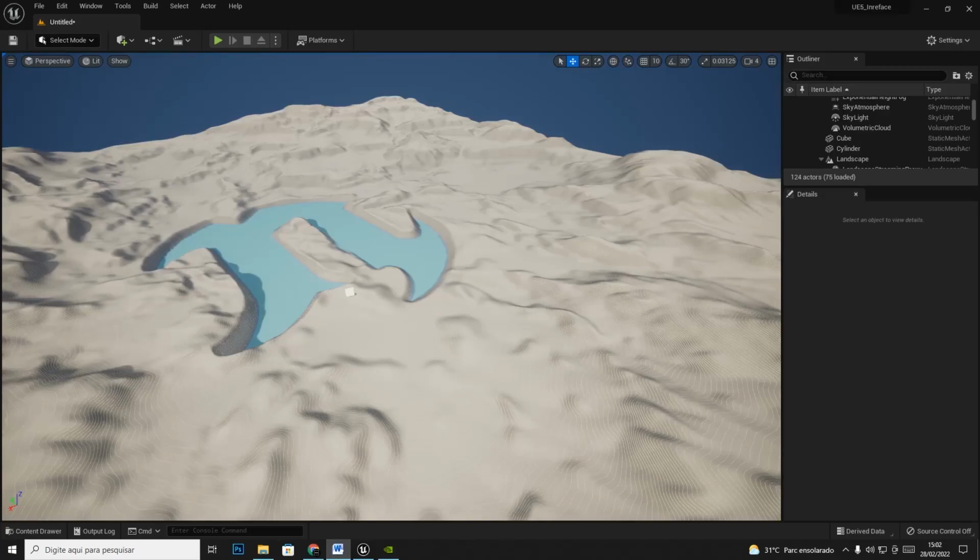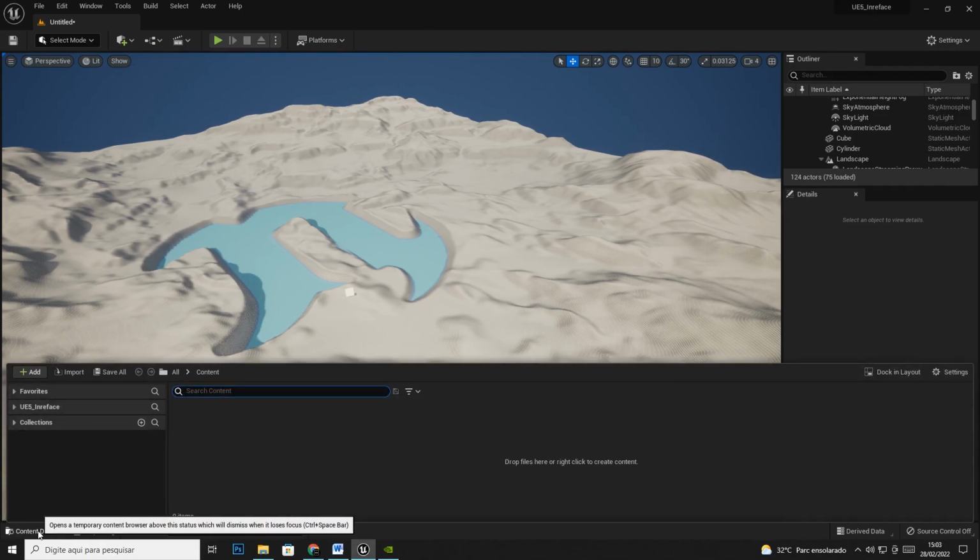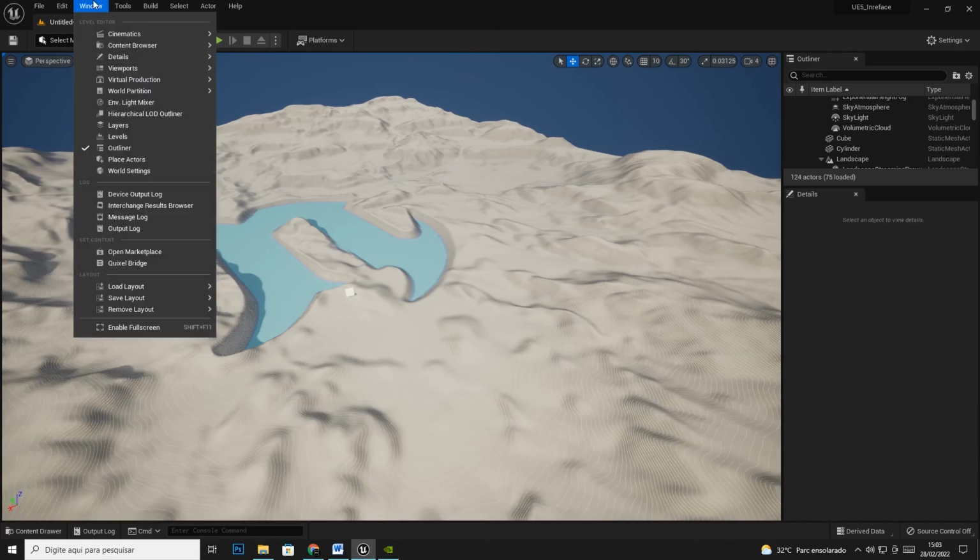Cool. And now, how we imported the files. We talked about the interface, about the buttons, how to browse in Unreal Engine, how we can bring the files from 3ds Max, for example, to here inside Unreal. It's very simple. You're gonna access your content area, clicking here, or window, content browser,